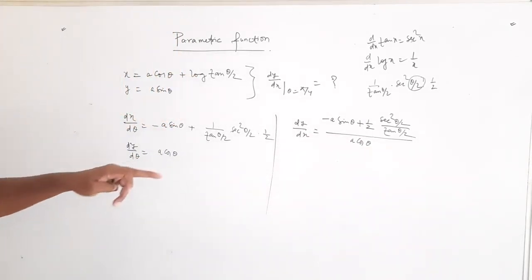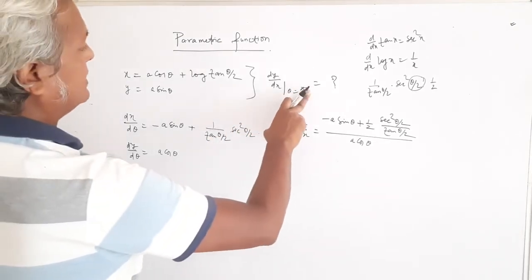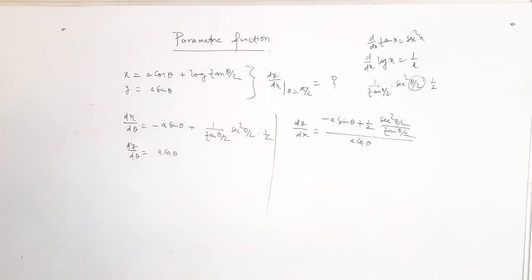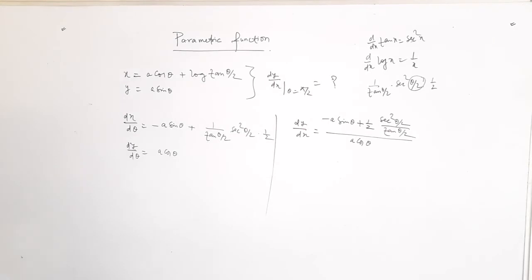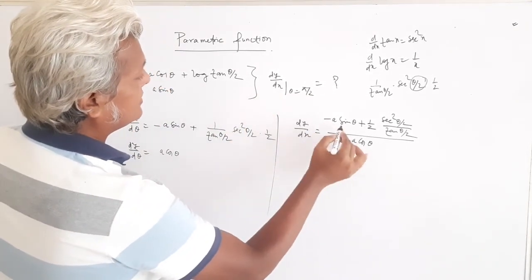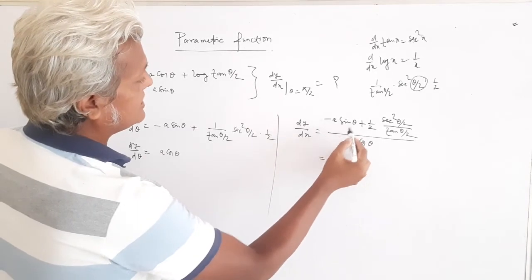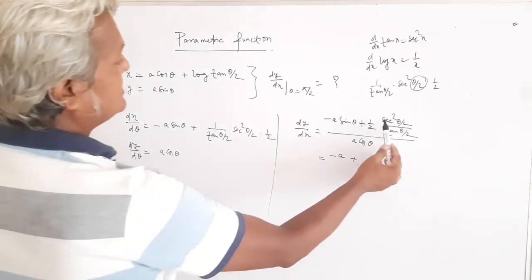Now they have asked you to find dy by dx at θ is π/4. So we'll directly go and try to find out the value. So I think it is π/2. Wait, not π/4. Because if it's π/4, this will become π/8, so that will become too cumbersome. We are avoiding that condition. We'll try to find tan θ/2. So now here you see π/2 is 90. So minus cos 90, that is minus a into 1 plus this is sec π/4.